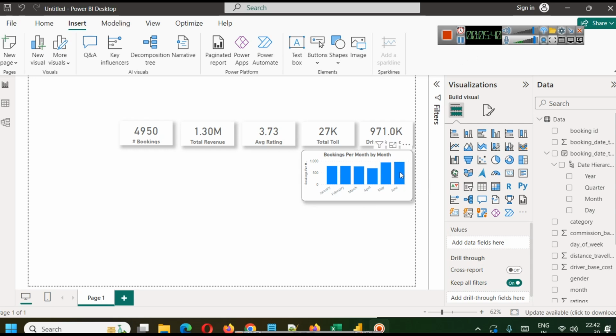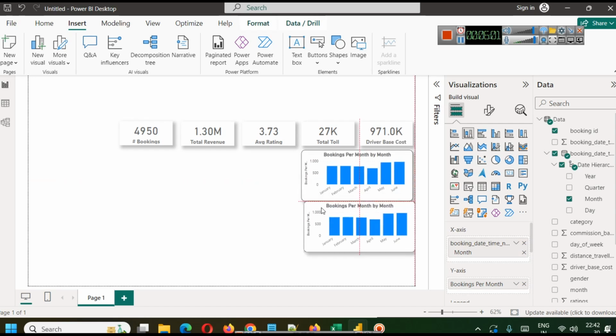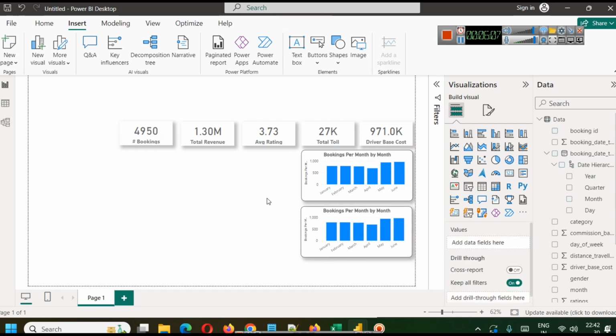And from this data we can say that June is the month with the most number of bookings here, and April the month with the least number of bookings. Another interesting thing to visualize here will be, obviously this is month wise data, but on what days people prefer booking a cab more, like on weekends or weekdays, like suppose they are going to office or whatever they are